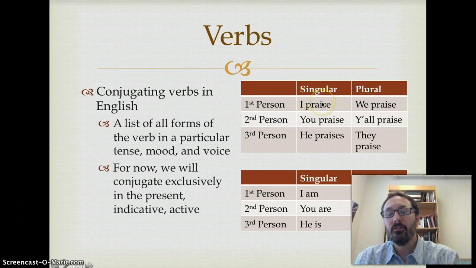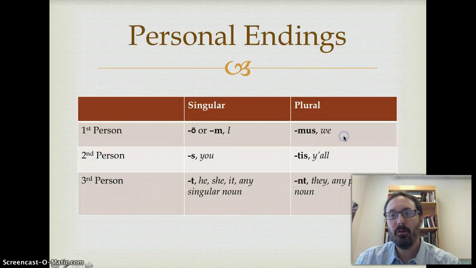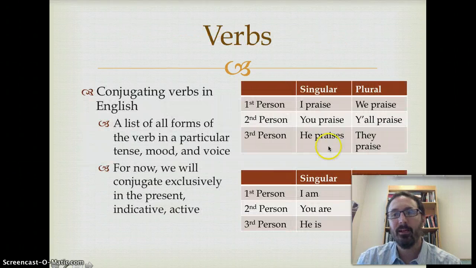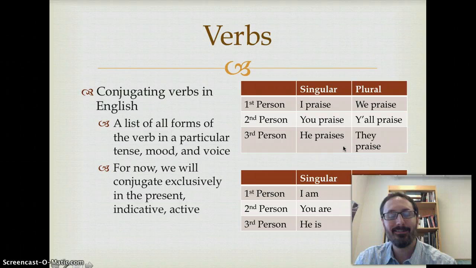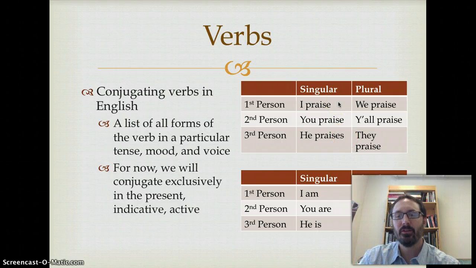And you'll notice that in English our verbs change slightly as they change in person and number, but only really this one spot right here. There's one spot where in the third person singular we add the letter S to a verb, from I praise, you praise, he praises. So you'll note that English conjugations aren't very exciting. They generally are pretty straightforward.